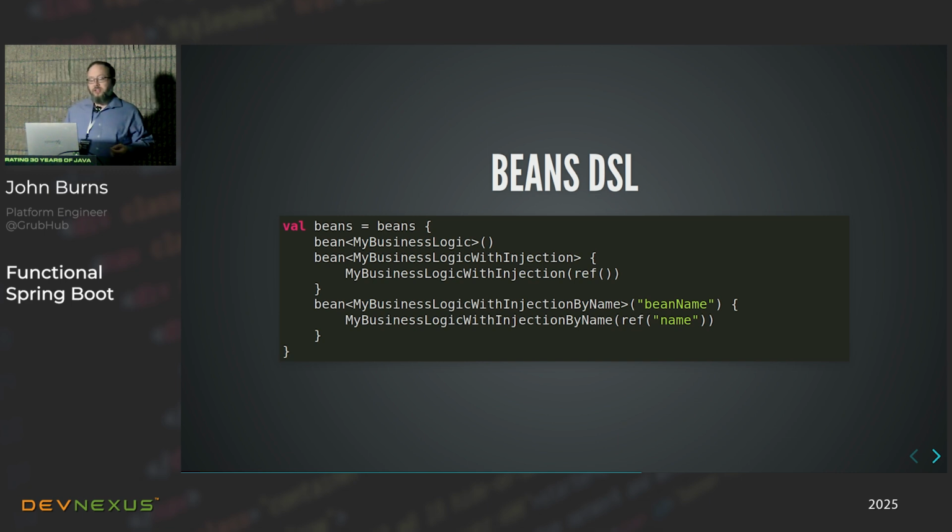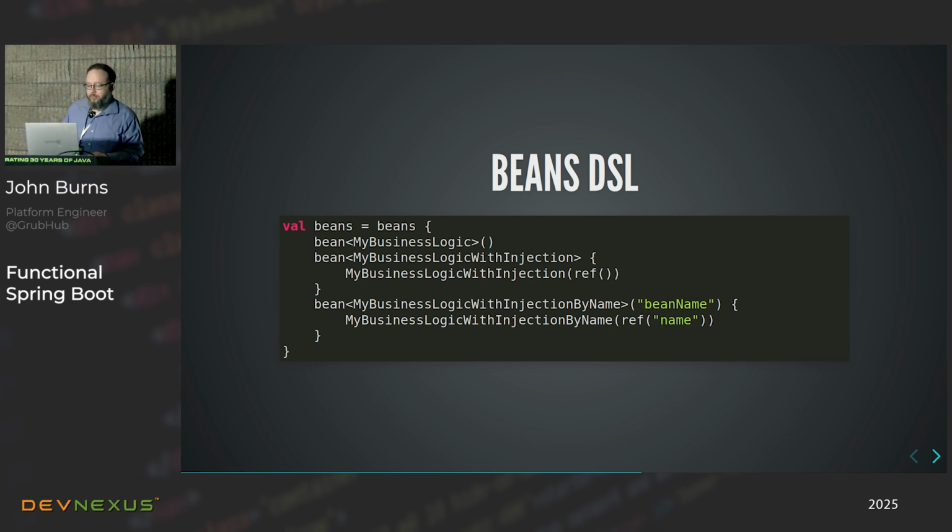And again, another mention, tests for this, extremely fast. The beans object that's created here, we see val beans at the top, is an object. It is actually an application context initializer itself. So if you just take that beans object and call dot initialize on it and pass in an empty generic application context or something like that, then it will do its thing, declare the beans, and you can check that those beans exist, or those bean definitions are in the context. You're talking milliseconds for a test.